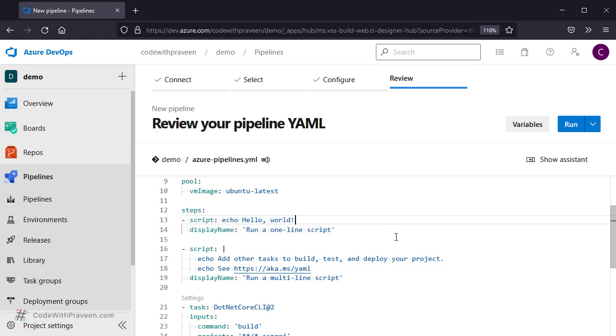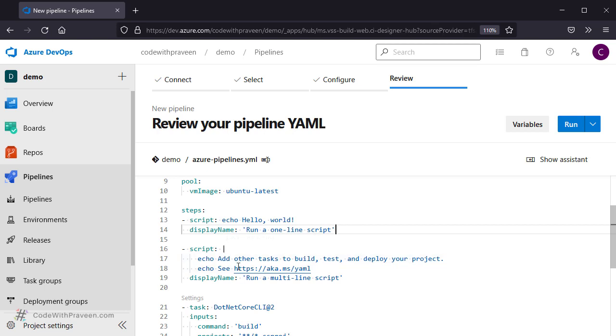Notice how the strings have been represented here. Here, the string is represented without any quotes. Similarly, in the case of script. However, in the case of display name, it is represented using a single quote. This is the approach followed by this specific tool, namely Azure DevOps. The usage of the quotes, namely single quote, double quote, or without any quotes, is as per the tool that you are going to use.